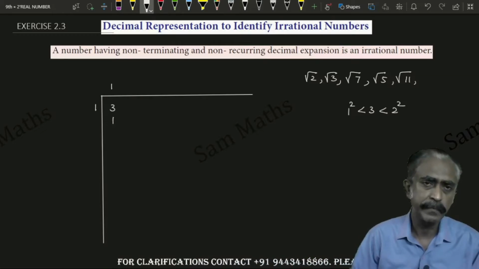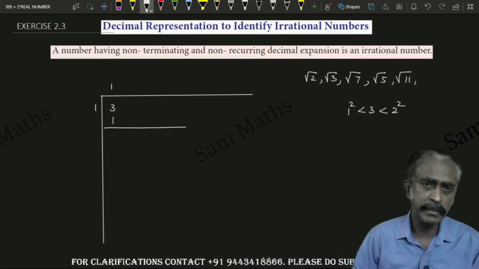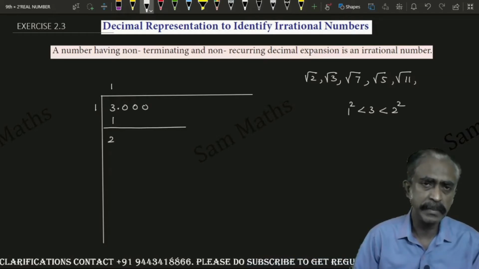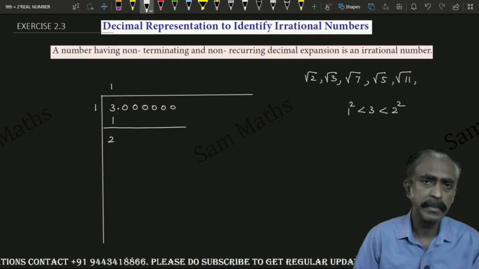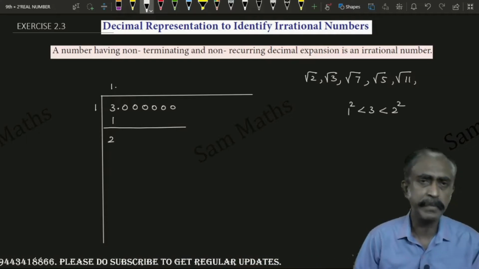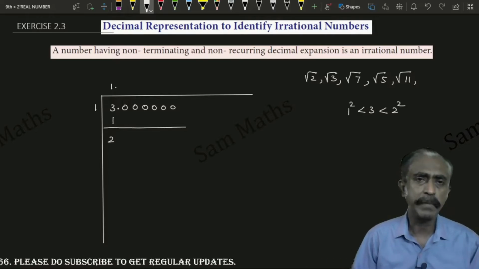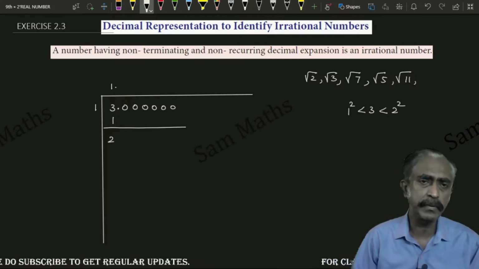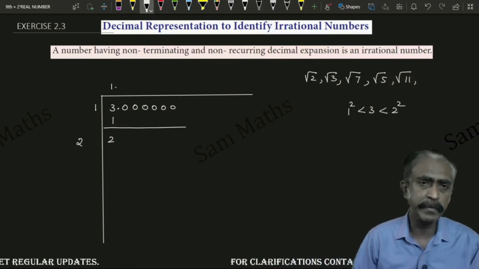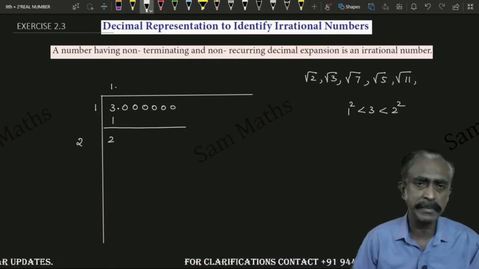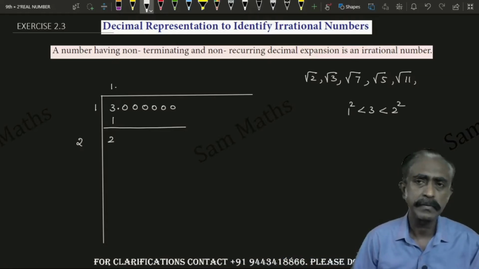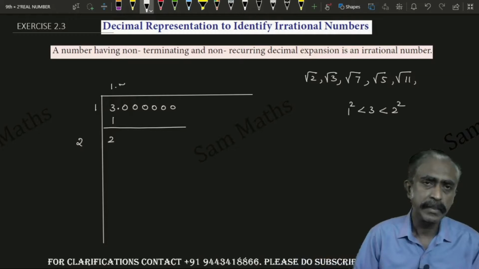It's 1. You subtract this, it's 2. You keep decimal and you can put some zeros. Right, children? Any number of zeros we can take here. Here also you keep decimal point. Multiply the quotient by 2. It becomes 1 into 2 is 2. Now we have to write numbers in both the places. That is 7, I am writing.